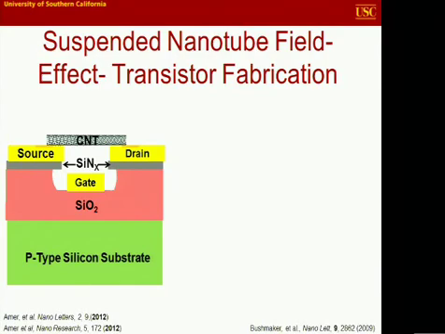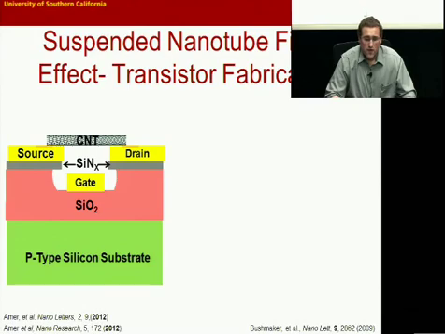I want to mention the diameter of these nanotubes can actually depend on the temperature of the growth. So if you want to have smaller diameter tubes, you can grow nanotubes at 900 degrees Celsius, and that's